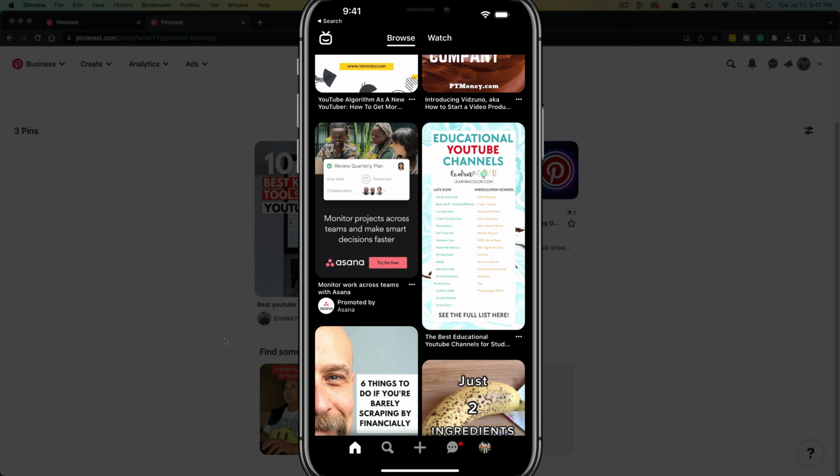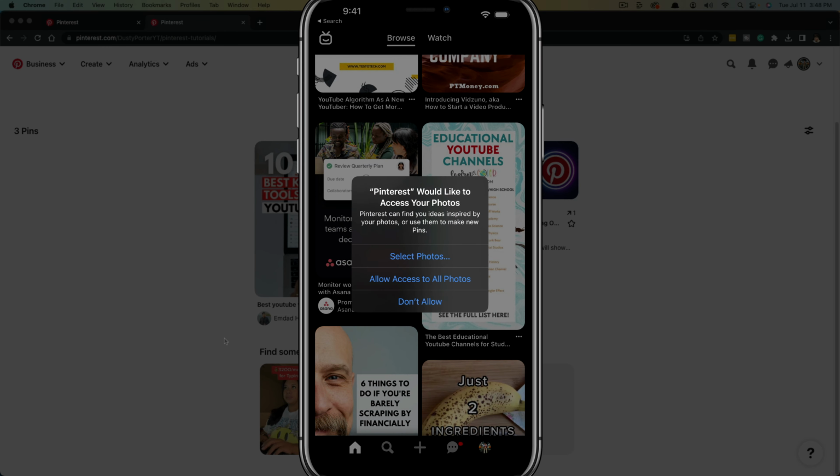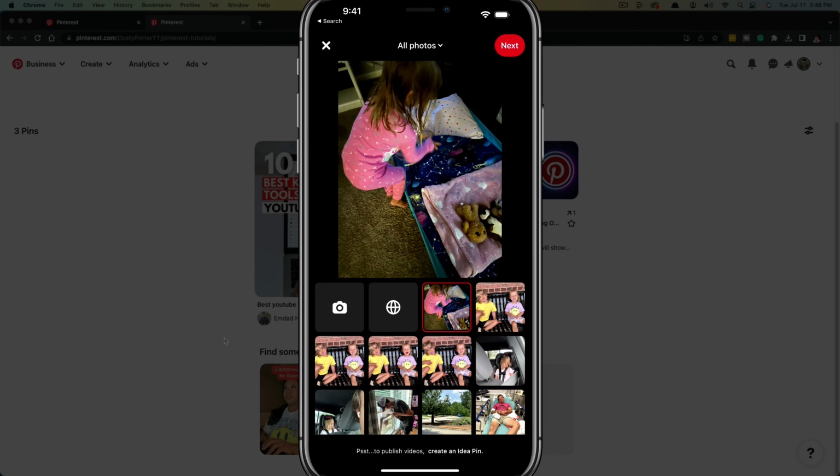If we want to add or create a pin ourselves on the mobile app, you'll see the addition symbol at the bottom of your screen. You just tap on that addition symbol and you'll have a couple of options. You can either create a pin or a board. We will go ahead and create a pin, and then it'll prompt us to allow it access to all of our photos, and we'll go ahead and give it access to our photos, and we will add that pin from